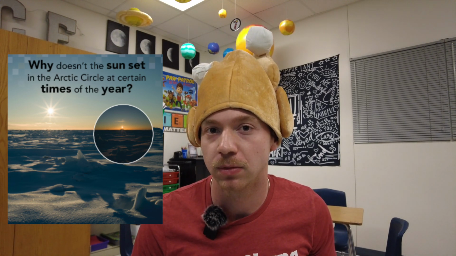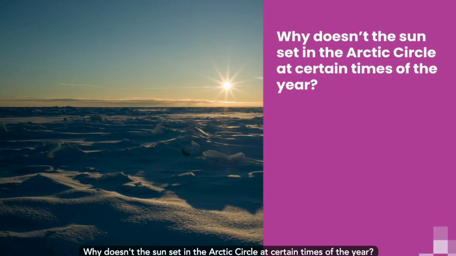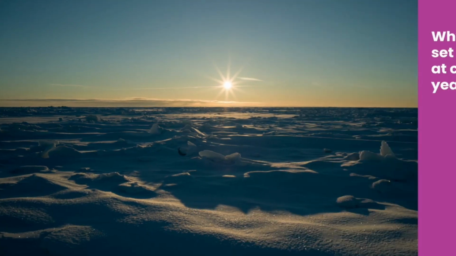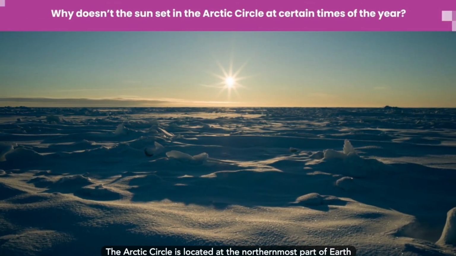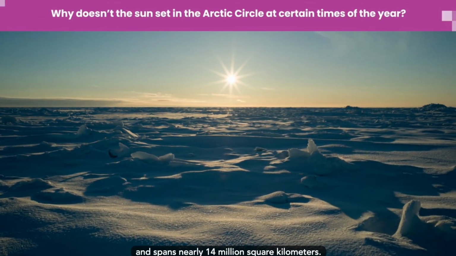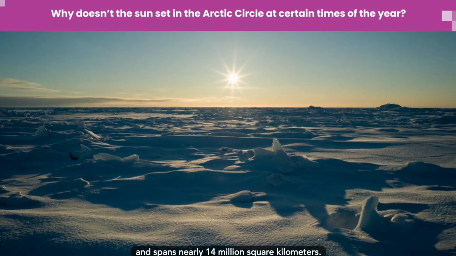Have you ever heard of the midnight sun? Well, it's a phenomenon where the sun doesn't set for days or even weeks at a time. But why does this happen, especially in places like the Arctic Circle? It all comes down to Earth's tilt. Now, Earth's axis is tilted at an angle of about 23.5 degrees. As our planet orbits the sun, this tilt causes some parts of the Earth to lean closer to the sun,